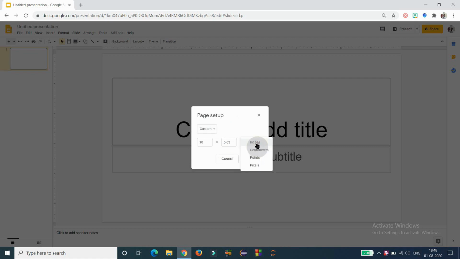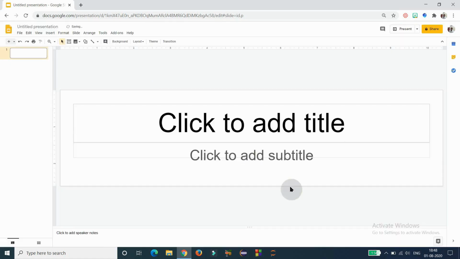By default inches is there. Then select pixels. Then there we need to give 1000 by 250. 1000 by 250 is the size of the Google Classroom banner. You can find it by using Google search. Then click on Apply. Then your entire slide is resized into the given size, that is 1000 by 250.